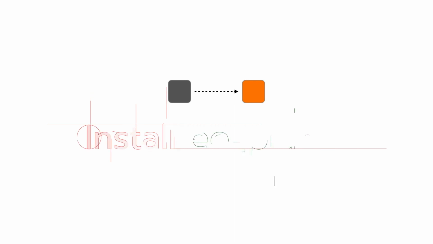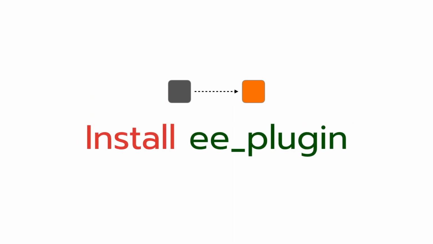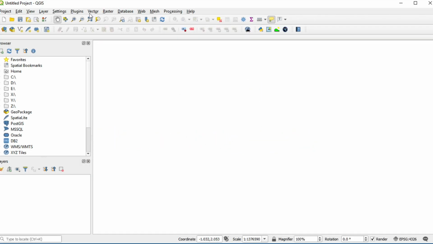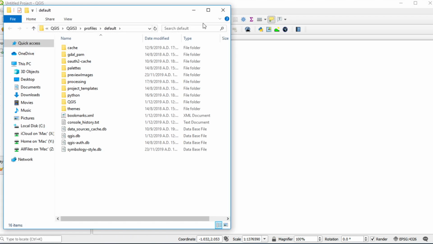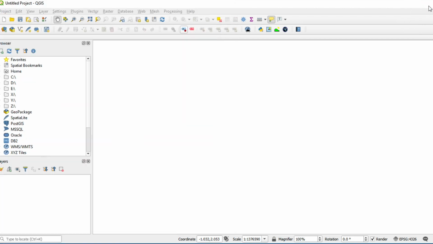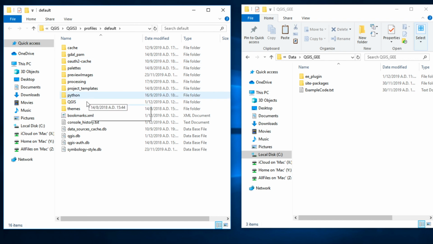Secondly, install Earth Engine plugin. In QGIS, click on Settings menu, User Profiles and click on Open Active Profile folder. Close QGIS. Click on Python.